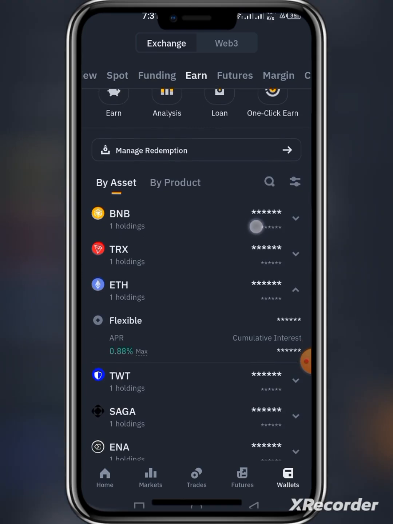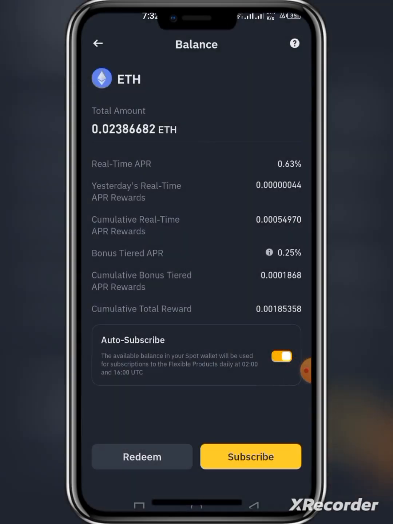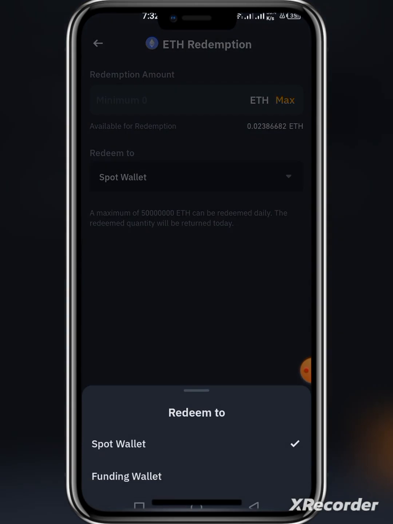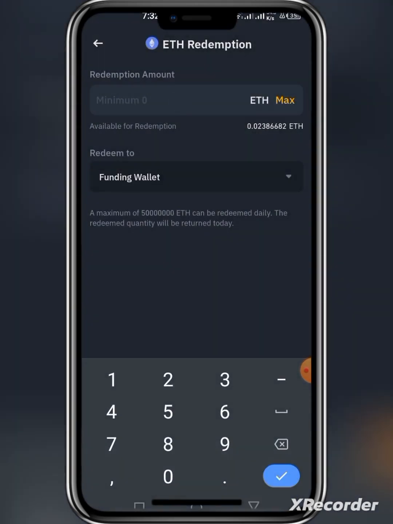So I'm going to go to one of my assets over here, which is the Ethereum that I'm having. I'm going to withdraw part of it. So I'm going to redeem some of my Ethereum and add it to the money so that I withdraw and use it for whatever I want to use it for. Okay, all right. So I'm going to redeem straight to my funding wallet,